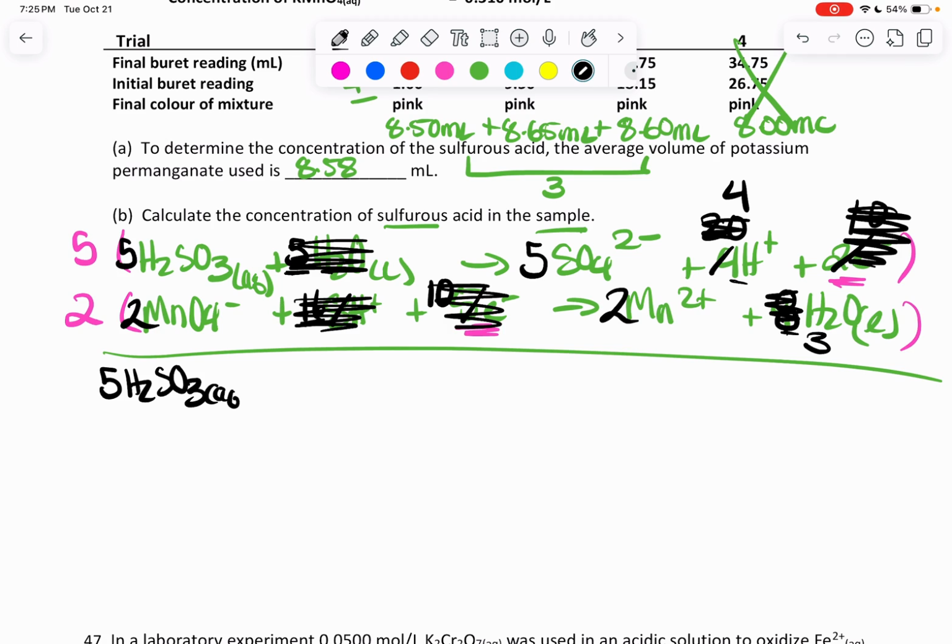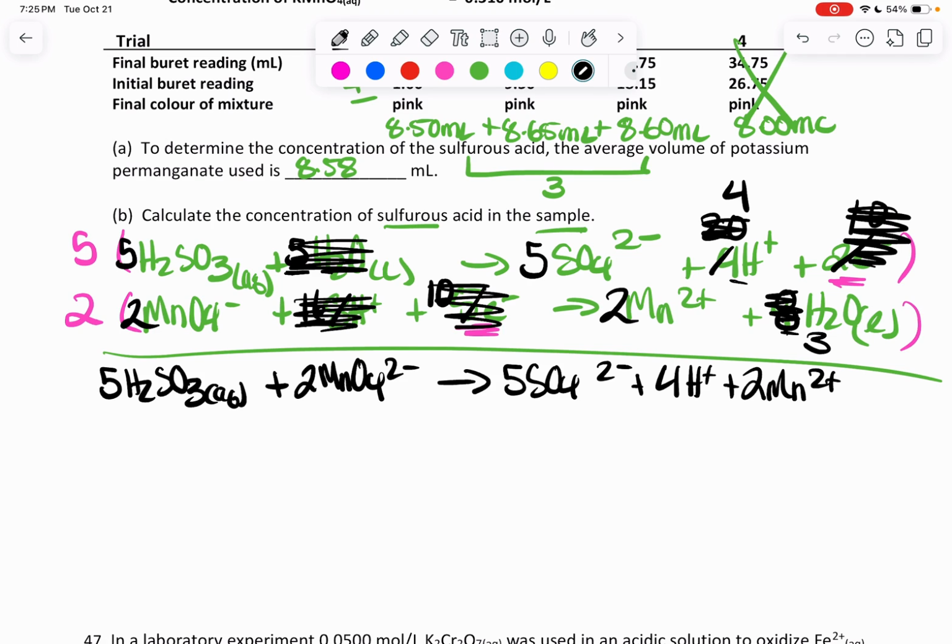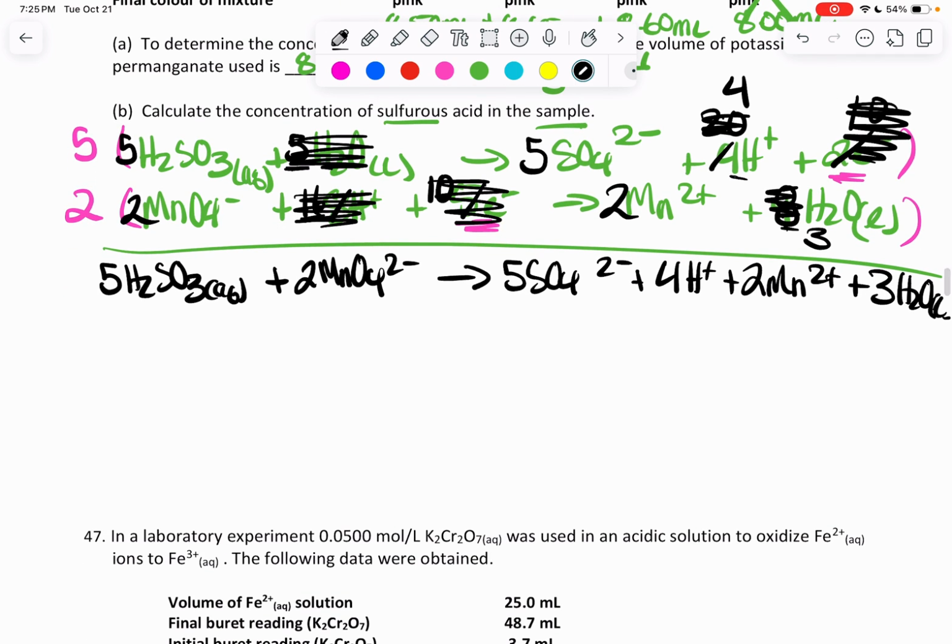5H2SO3 aqueous plus 2 MnO4 2 minus to give you 5SO4 2 minus plus 4H plus 2 Mn2 plus 3 H2O liquid. So now I'm going to use this to do my stoichiometry. So I know that I have